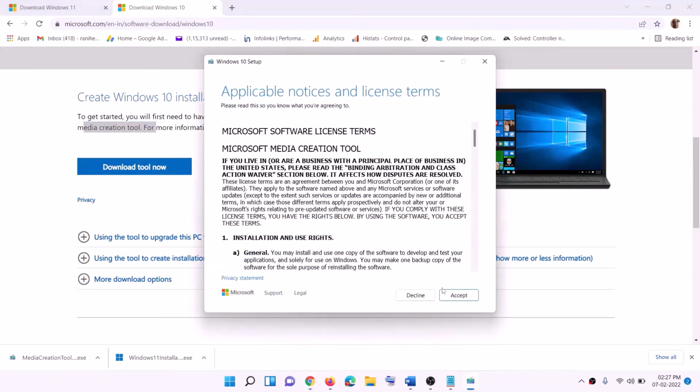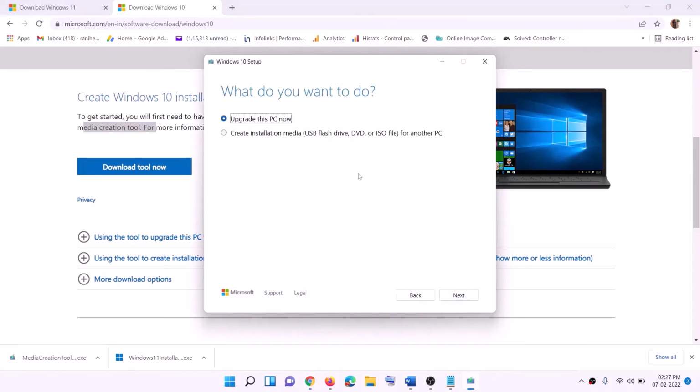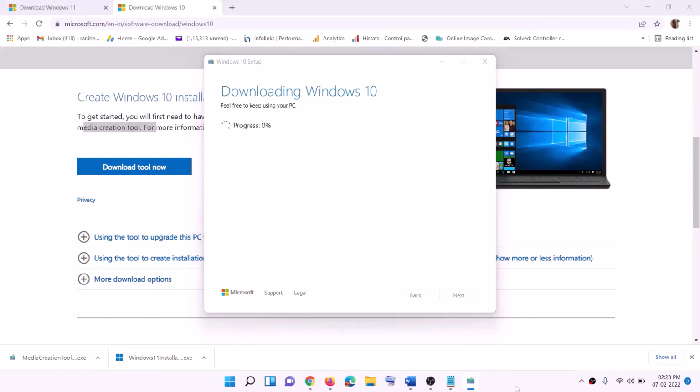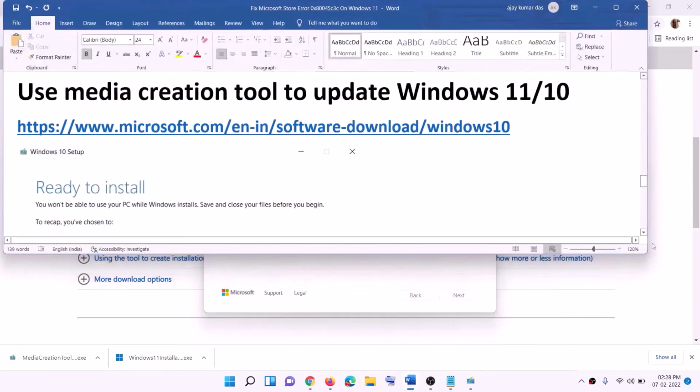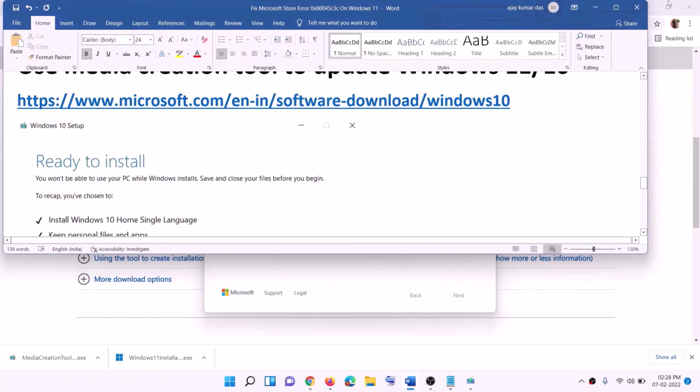Then you will see the screen. Click on Accept. By default, Upgrade this PC now would be selected. Click on Next. It will start downloading Windows 10 along with the latest update. Now this process will take some time. Now once the download is complete, before the installation, you will see this screen which says Ready to install, and